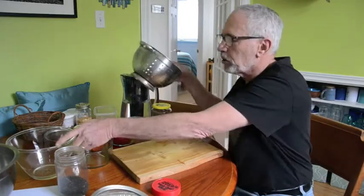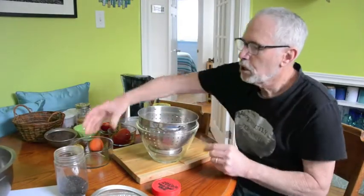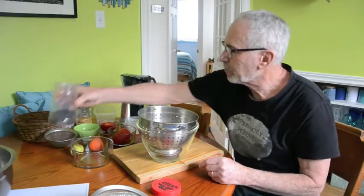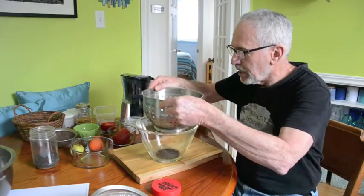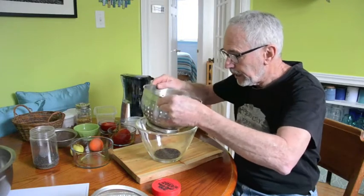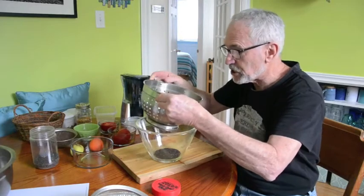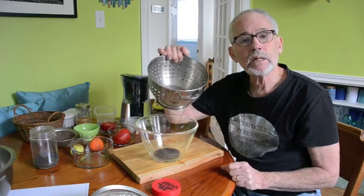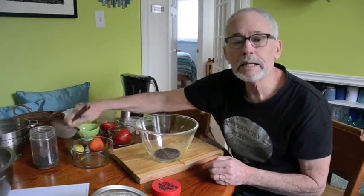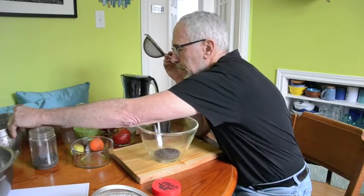I might take a colander like this, put it over a bowl, pour the seeds through it. I'll only do a few of these, but I'll show you how this is done. And then by shaking this, I would let the seeds fall through into the bowl. And if I were doing this for real, beginning with a mixture of seeds and chaff, the chaff would remain in the colander. And I might do that several times, and I might also clean the seed from debris that's smaller than the seed by